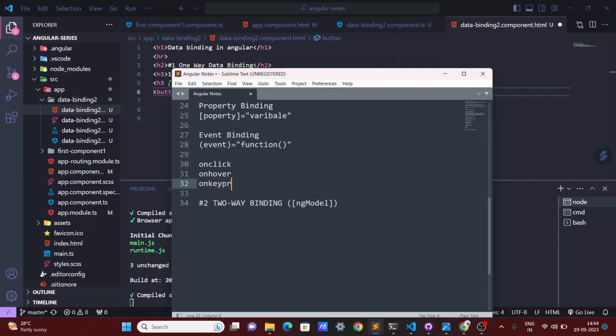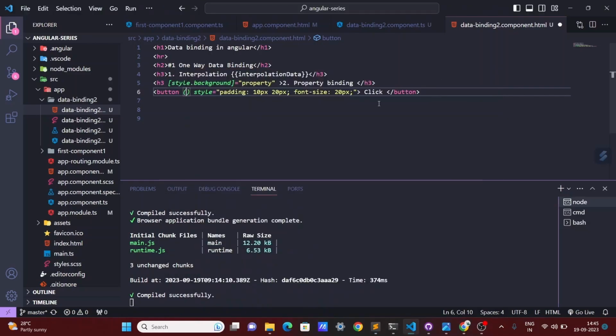Onkeypress event, so many events like that. So in Angular, if you want to use any event binding, you just remove this "on" word. Whatever event name you have, you can pass. Suppose I have this click. So instead of this event, I'll write click here, and then on this event, I can call any